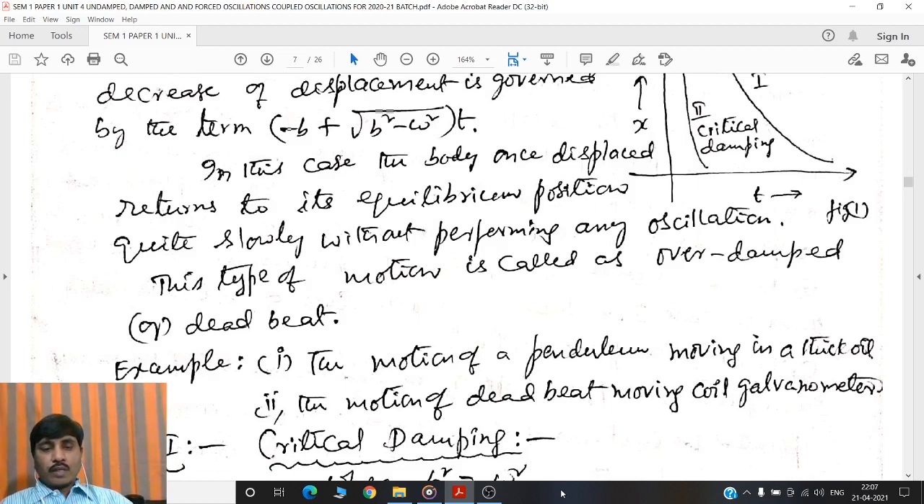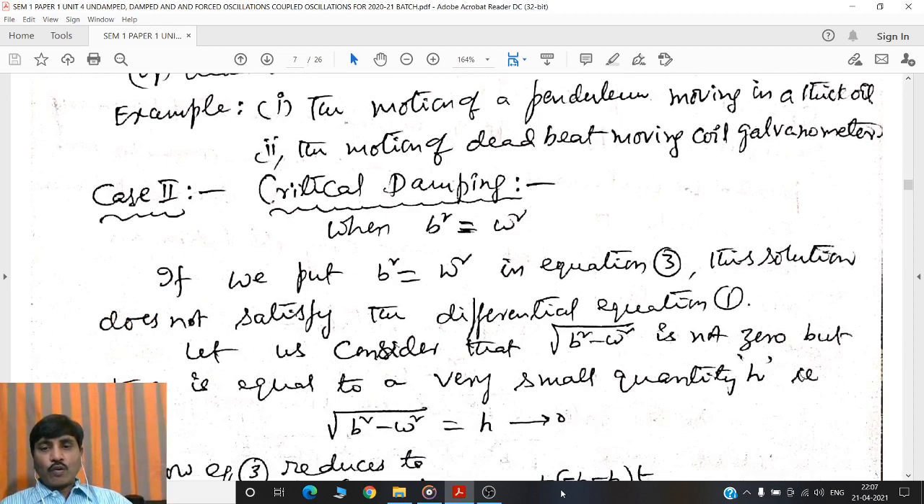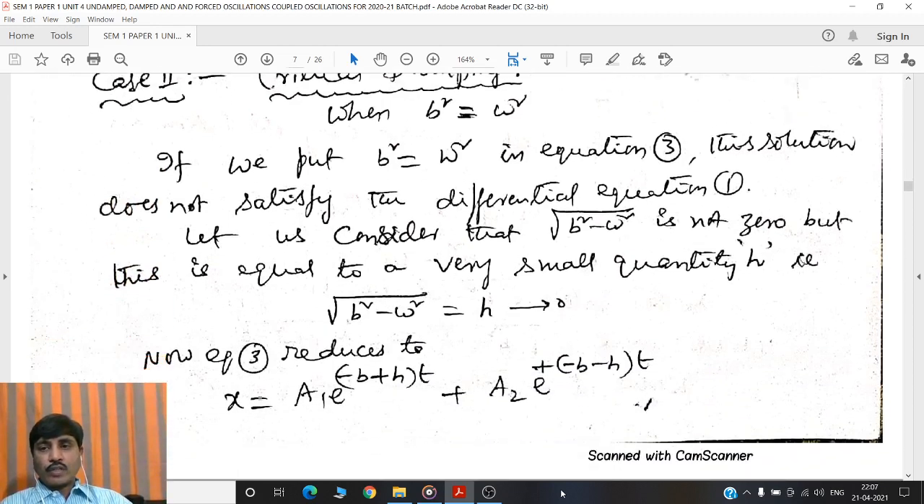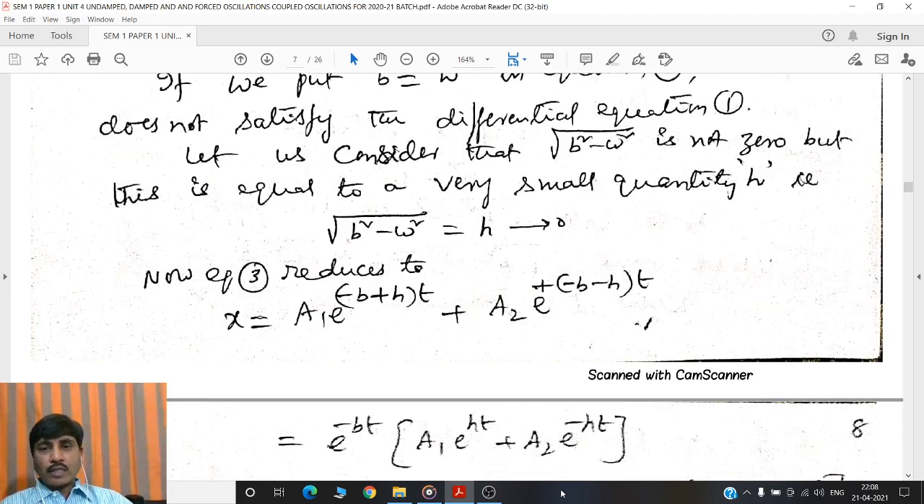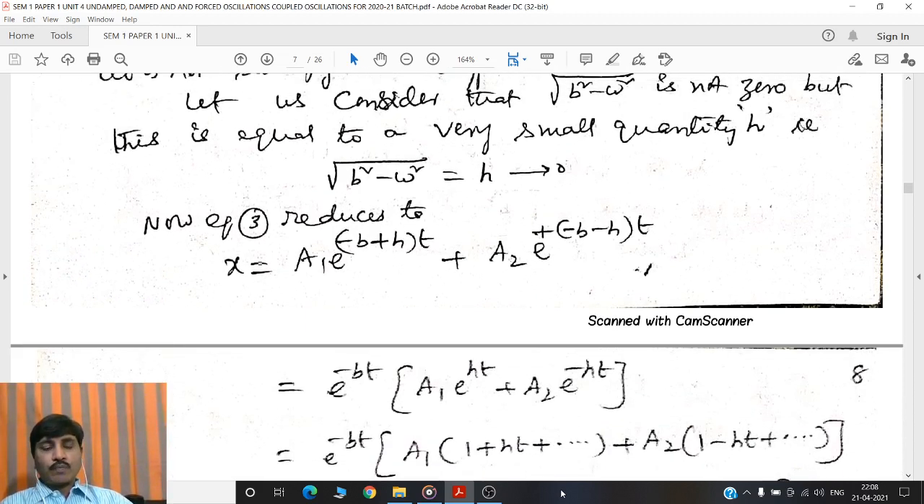Now, the second case, critical damping. When b square is equal to omega square, if we put b square equal to omega square in equation 3, this solution does not satisfy the differential equation 1. Let us consider that square root of b square minus omega square is not 0, but is equal to a very small quantity h, that is, square root of b square minus omega square is equal to h that